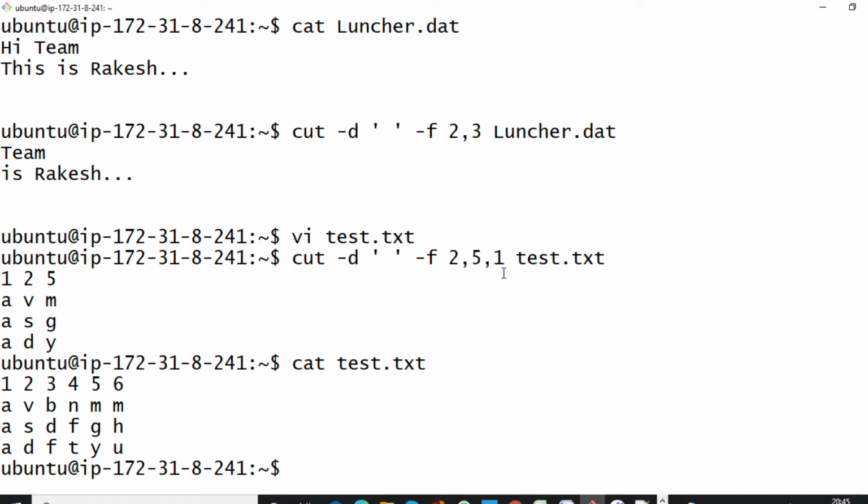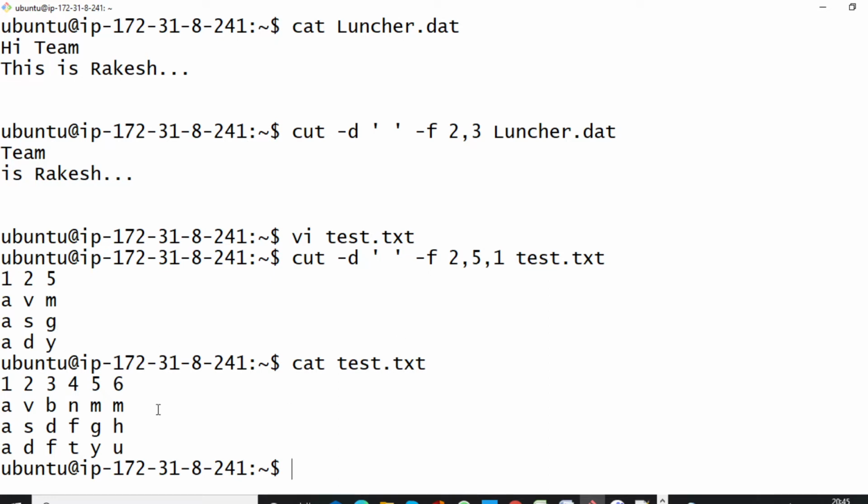The field is 2, so 2 should be printed. Oh sorry, 1 is what I have written, that is why it is printing 1. So the first column has been printed, then the second column has been printed also. Then 5, here you can see 1, 2, 3, 4, 5, this fifth column has been printed.